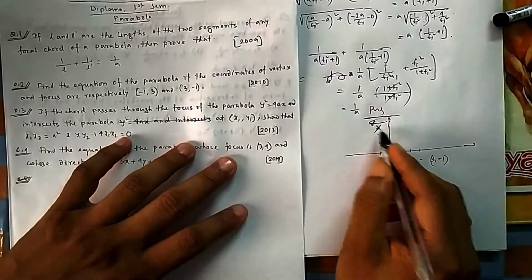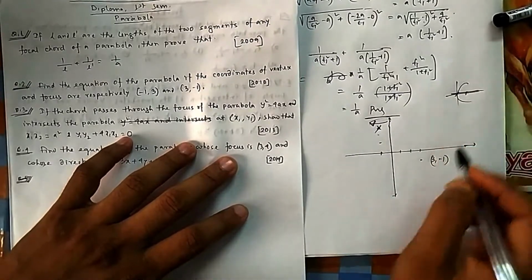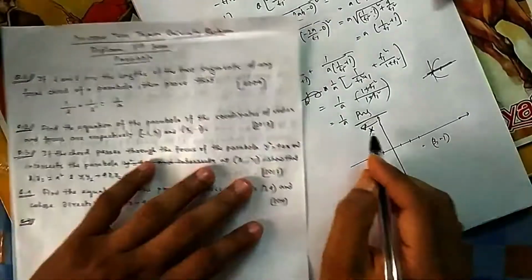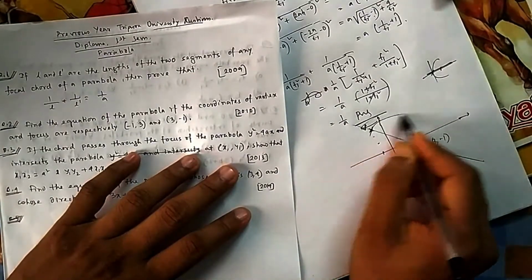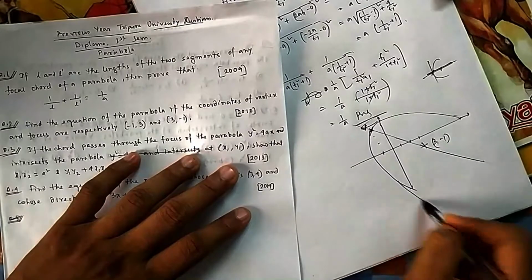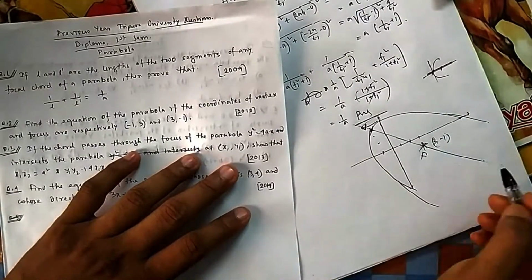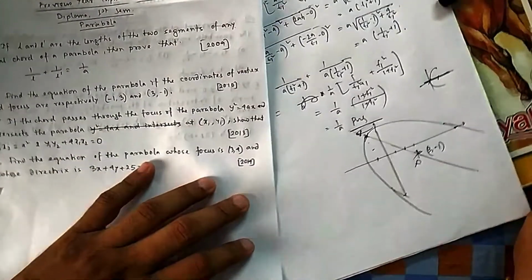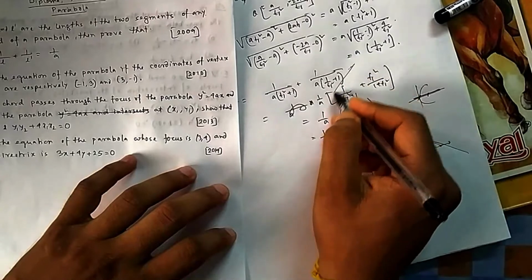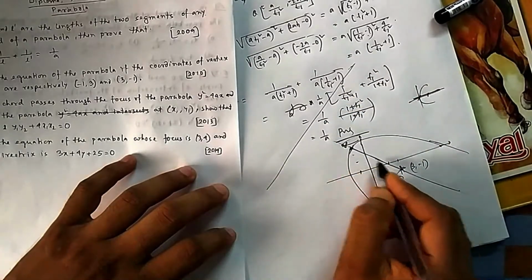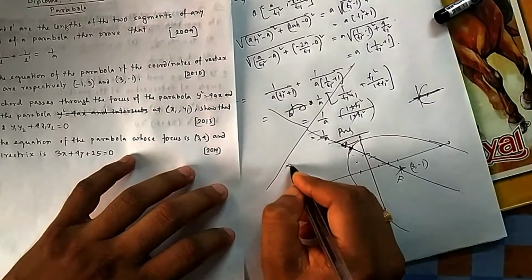So this is vertex, this is focus, and if you join these two, this becomes your axis. So the parabola is of this fashion. This is its focus F, this is its vertex. So you can see it is not a standard parabola. We have not studied this one. So what is the basic idea, and what will be the directrix? The directrix will be somewhere here. Whatever the distance is here, the same distance it will go there. So this will be the directrix.